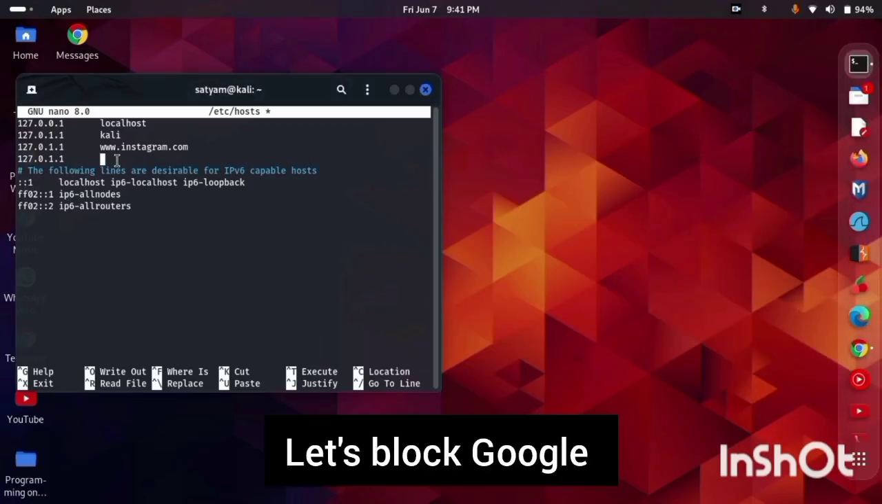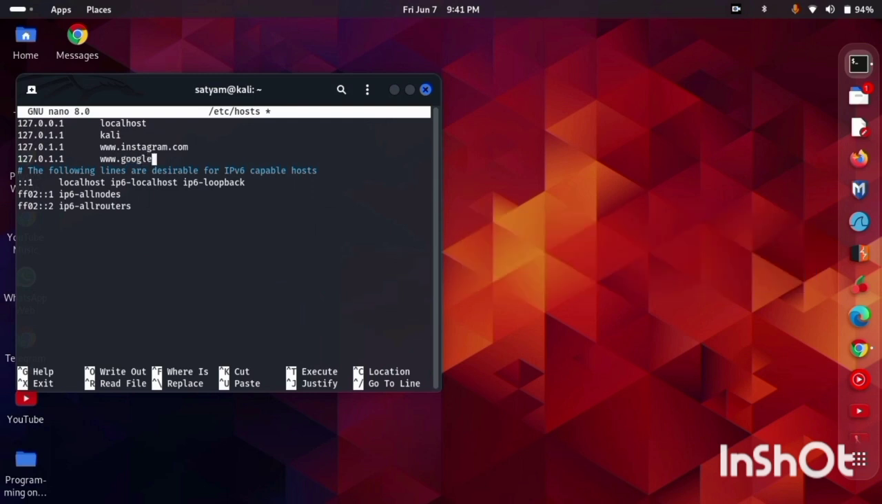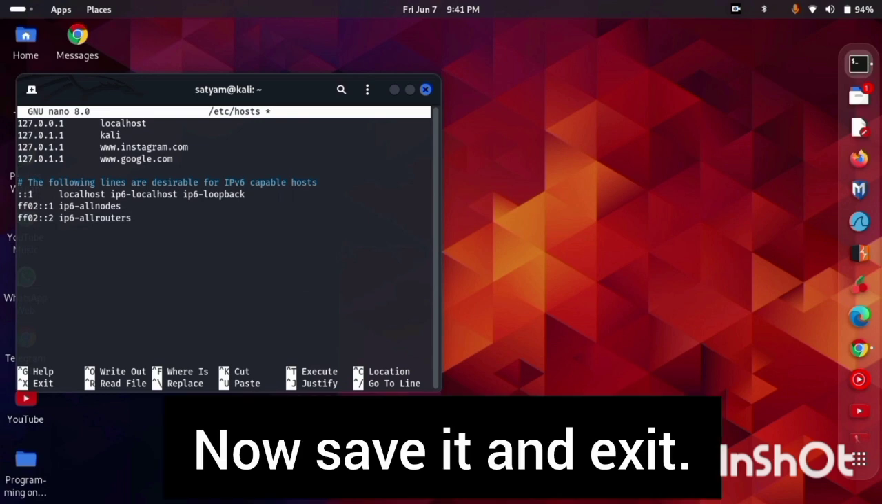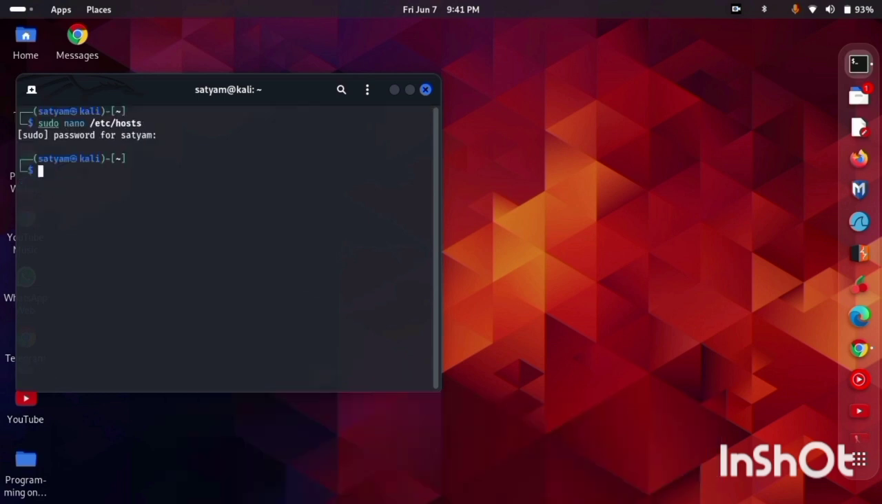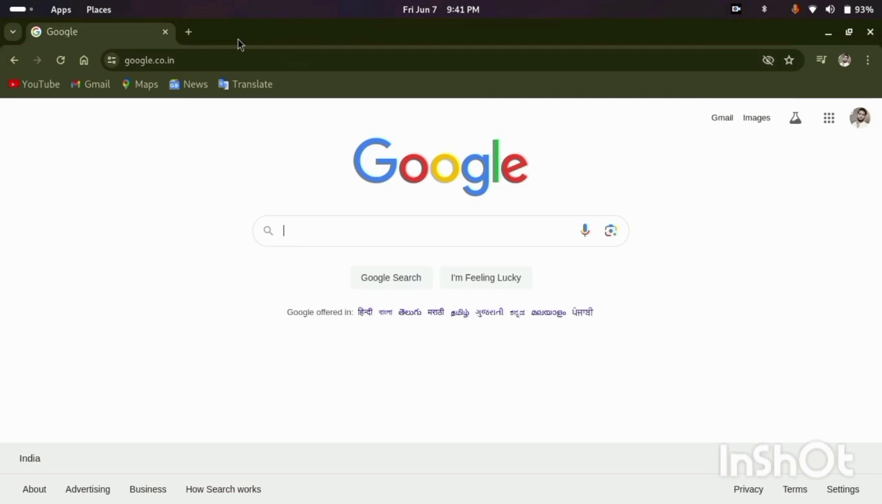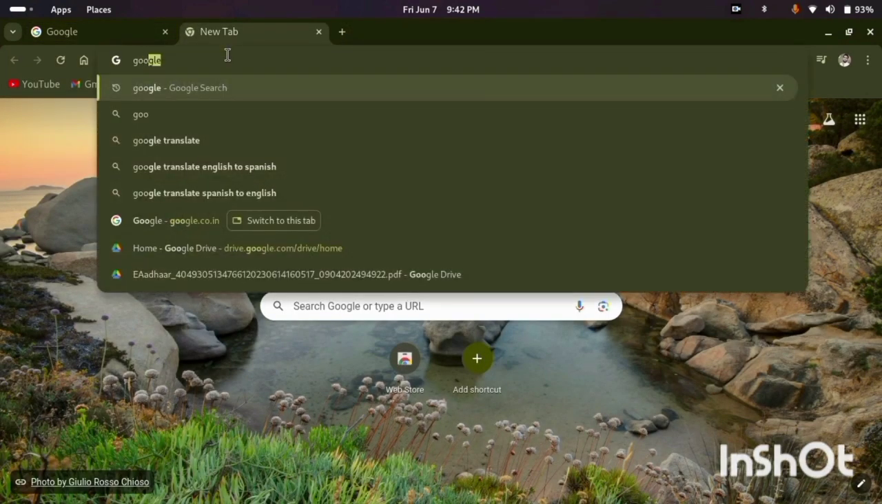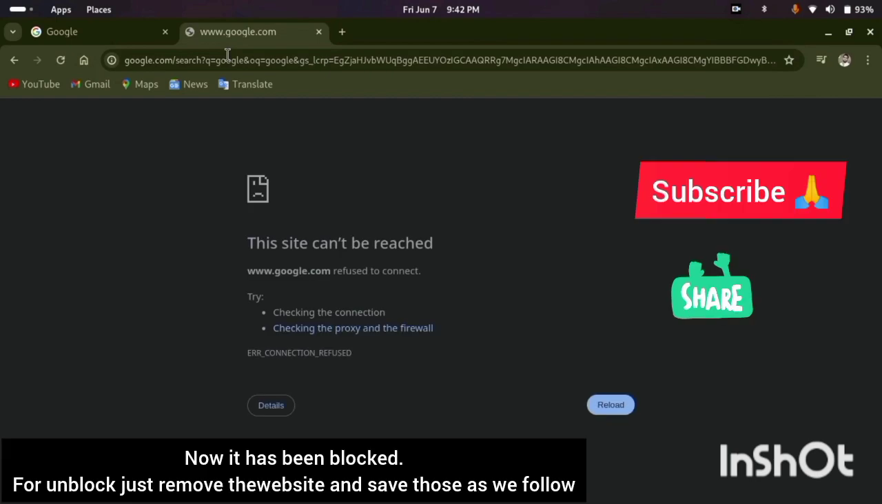Now type www.google.com. Now save it and exit. Now check whether Google is blocked or not. Now I'm going to search for Google and you can see here